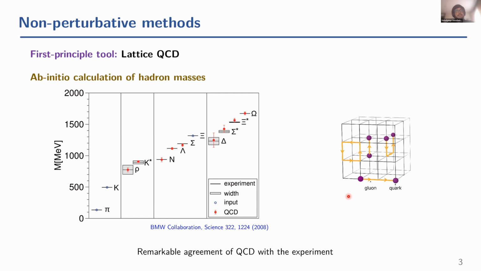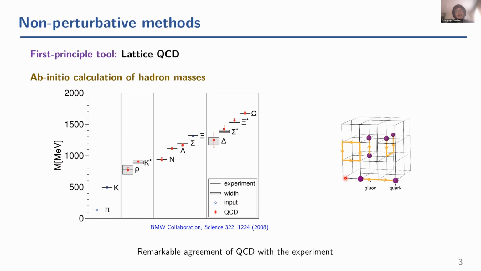Unfortunately, this type of question, when we go into this regime of transition between hadronic and partonic matter, corresponds to the so-called non-perturbative regime. Basically, the theory doesn't have a small parameter, it doesn't have a well-defined limit, like, for example, the limit of a free quark and gluon gas, around which we could expand the theory and systematically calculate corrections. And for this reason, the only non-perturbative first principle method is called lattice QCD. It's a numerical solution of the QCD equations on a discretized space-time grid.